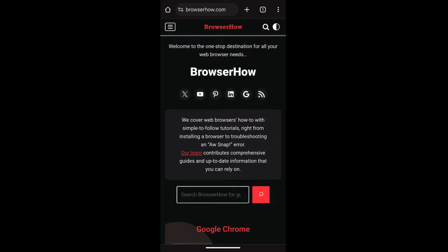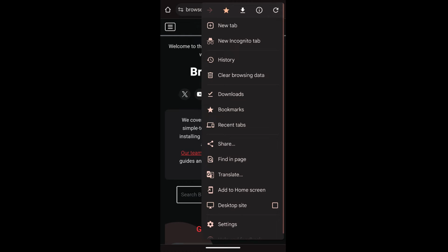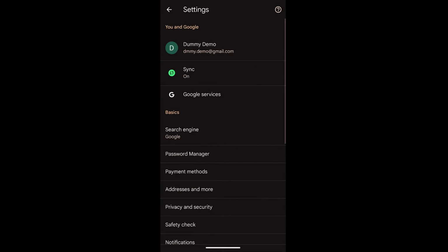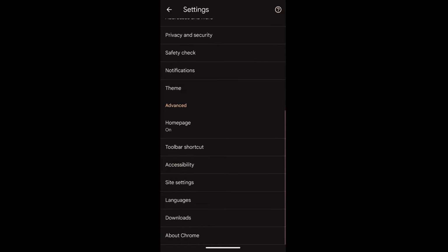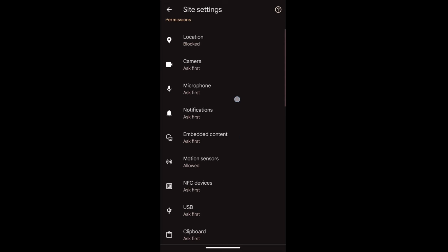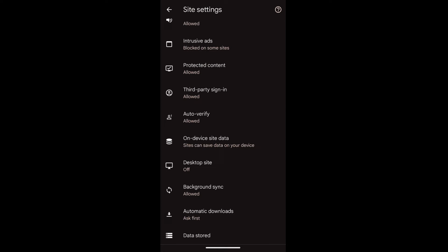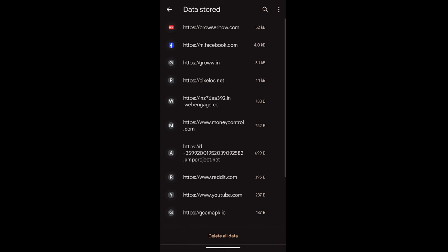So in order to clear, what I can do is I can tap on this three dot option, go to settings, and within settings I can scroll down to site settings, and in this site settings, if I scroll to the extreme bottom, I have this data stored, and here you can see currently BrowserHow is occupying 52 kilobytes of